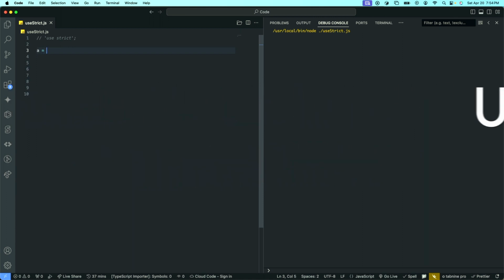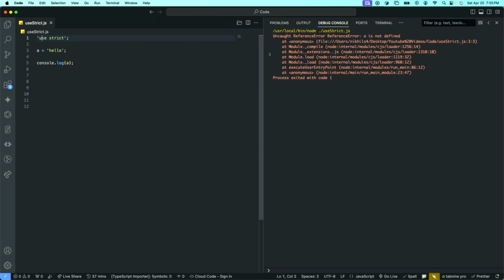Starting with the first one, undeclared variable is not allowed. In strict mode, when you try to assign a value to a variable that has not been declared with var, let, or const, JavaScript throws a reference error. This behavior helps prevent accidental creation of global variables and encourages explicit variable declaration, which can improve code clarity and